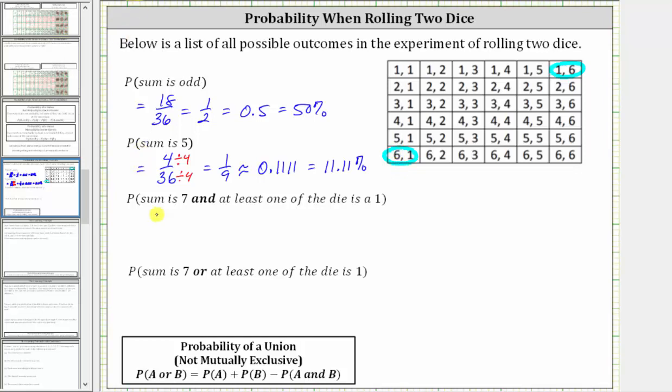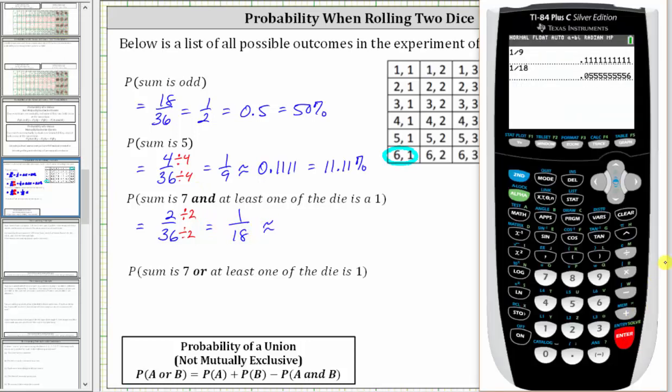The probability the sum is 7 and at least one of the die is a 1 is 2/36. Again, we don't count 5 and 2, 4 and 3, 3 and 4, and 2 and 5 as favorable outcomes because while the sum is 7, at least one of the die is not a 1. So the probability is 2/36, which does simplify. Dividing both by 2, the simplified probability is 1/18,